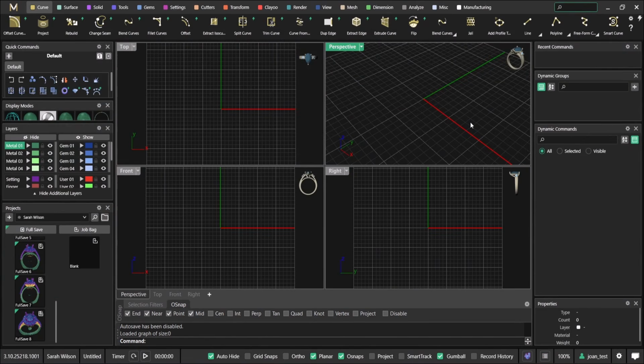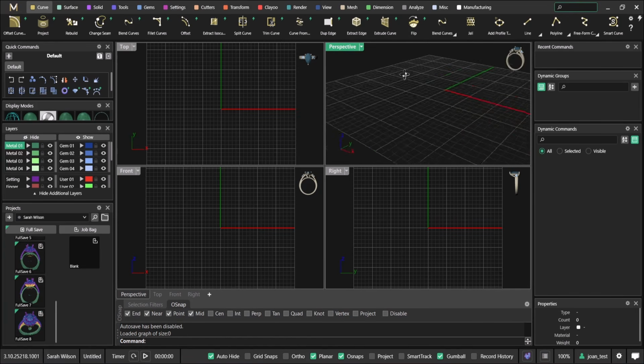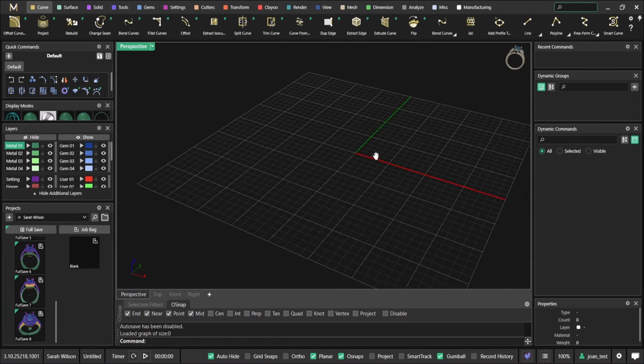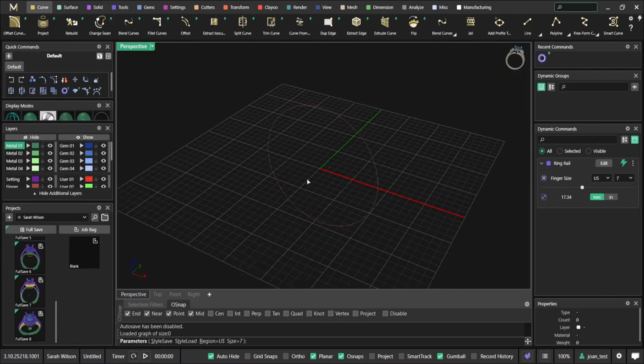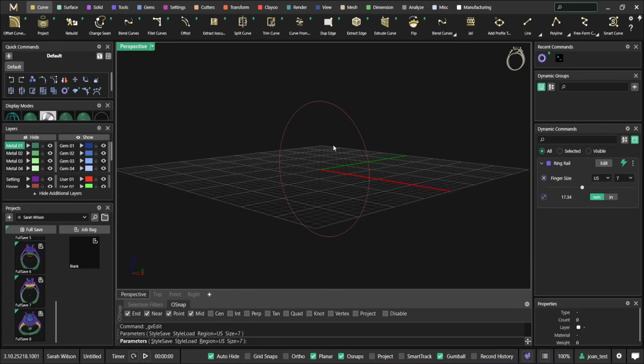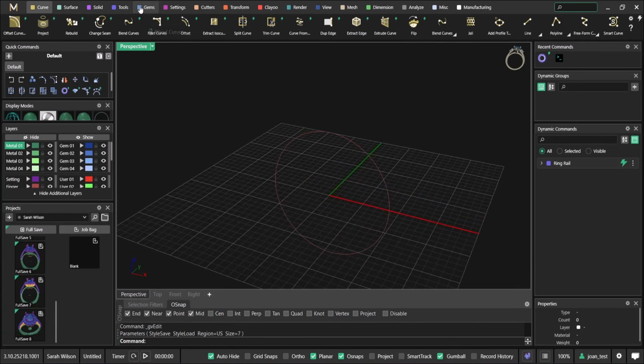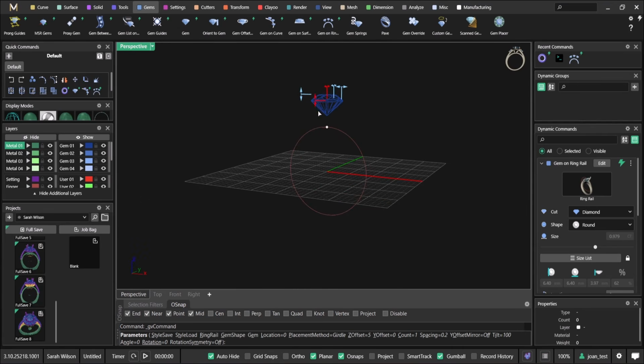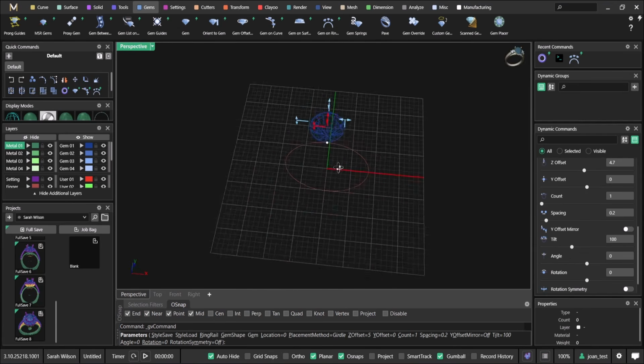Good morning, everyone. So today I wanted to make a full parametric ring. So without further ado, let's start. I'm going to start with a ring rail, size 7, that's fine. Then I would start with a Gemvision ring rail, and I would position a stone somewhere